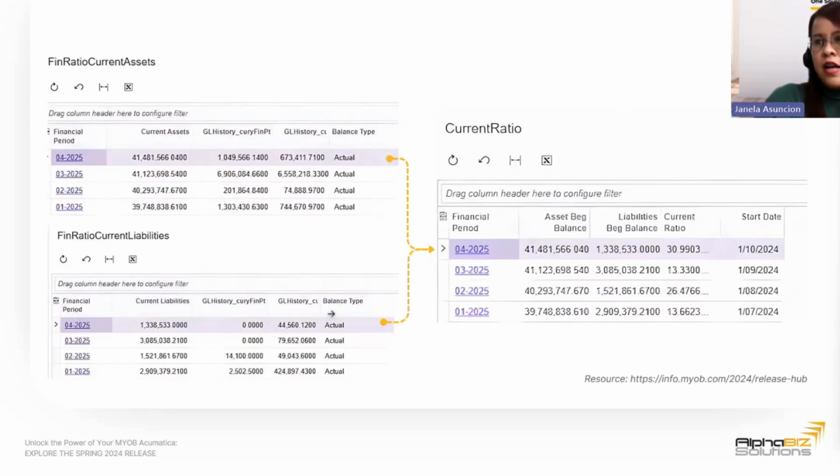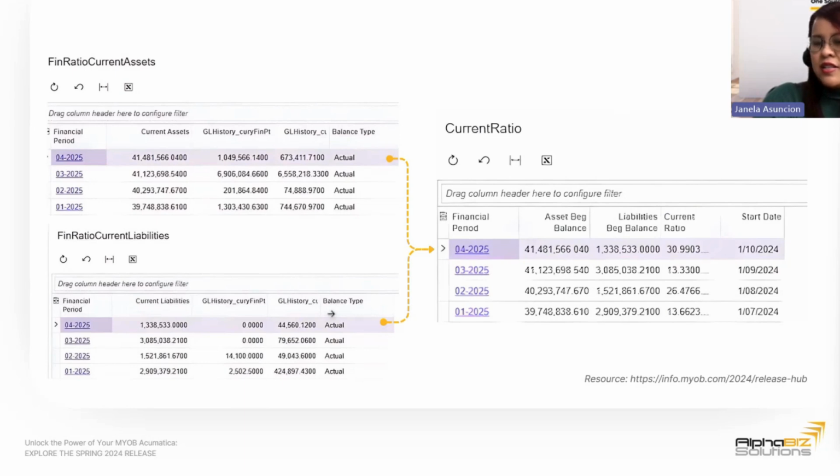Next up here, these are now the product of those GIs. The first GI is a financial ratio, as you can see on top, and the one at the bottom is your current liabilities. When combined, and you created this one as a source, you can now have a current ratio GI, as you can see on the left hand.